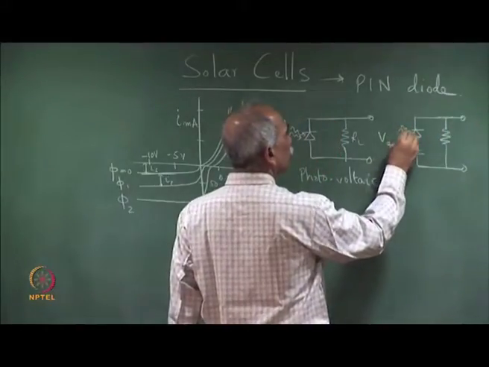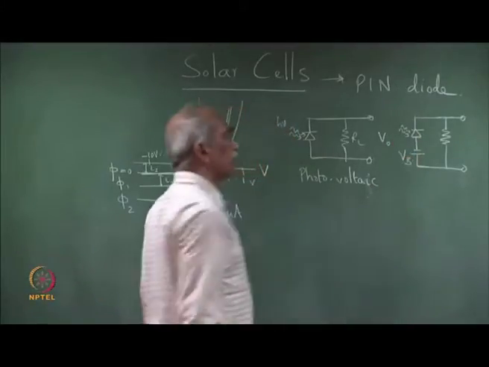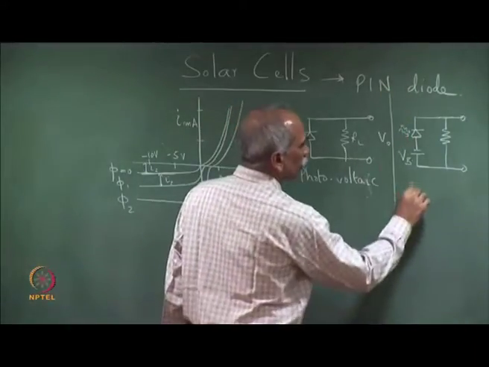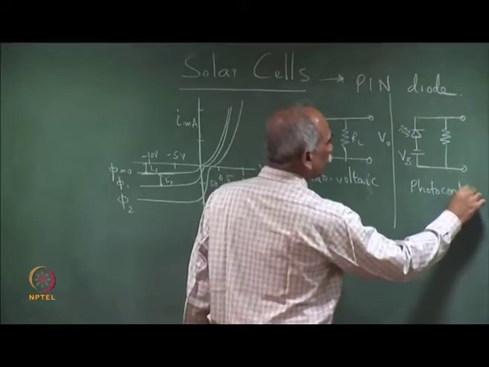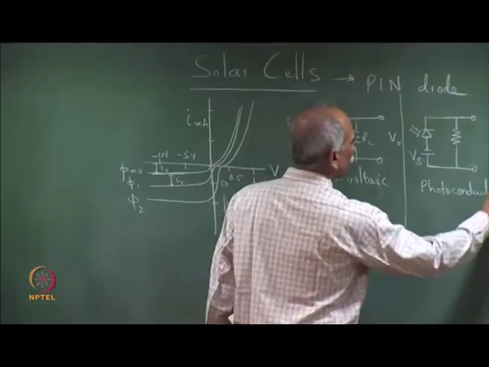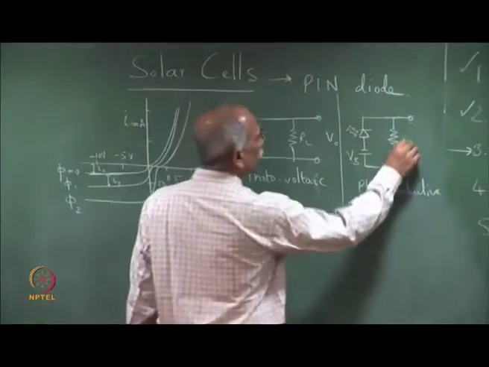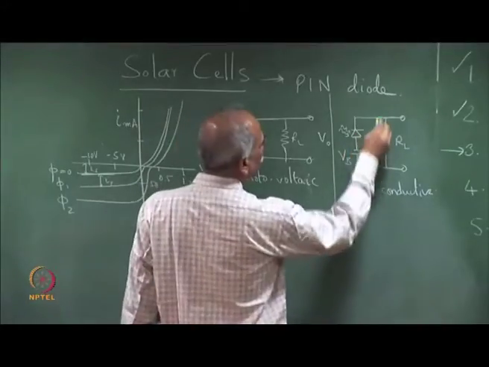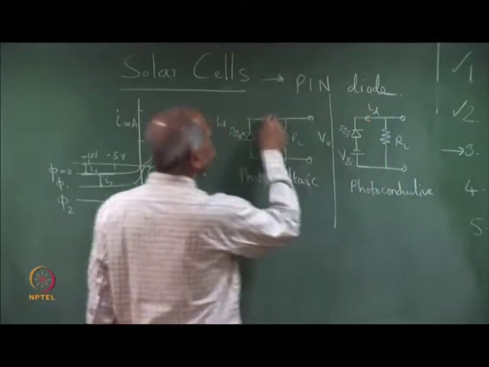It is the same photodiode, but now we have a bias voltage which is a reverse bias, and this is the photoconductive mode of operation. So, if this is R L and the reverse current through the diode is I D,